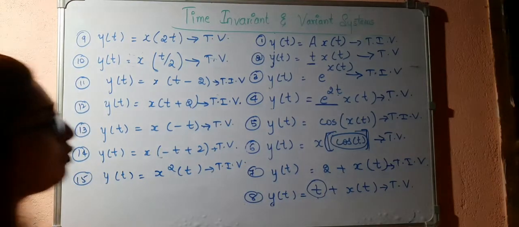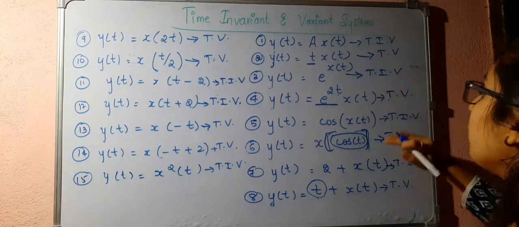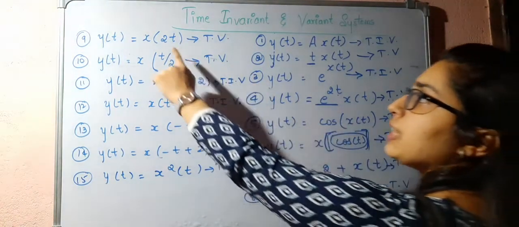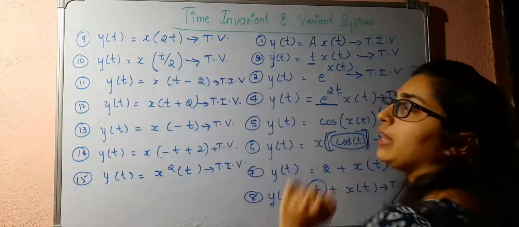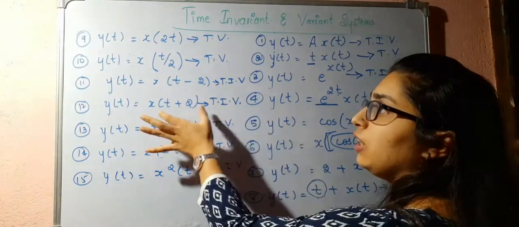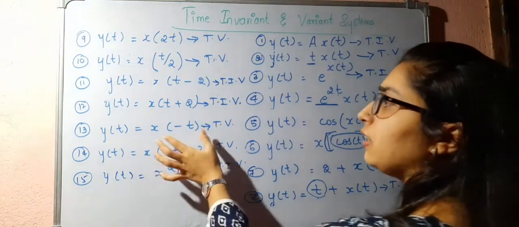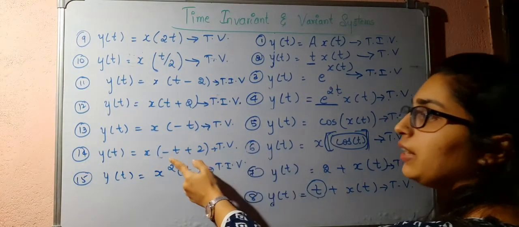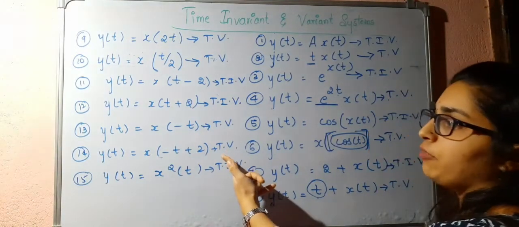So if I am performing any function, say cos of x of t or e to the power of x of t, these all are time invariant systems. Okay, so if I am performing an operation on the time variable, so you can see the scaling operation which is performed here. Okay, so 2t, t by 2, that became time variant. But shifting, it doesn't affect. Okay, if you shift the signal without any reversal or scaling, then it will be time invariant. And you can see here the time reversal, so that is a time variant system. But here I have shifted the signal, but there is also a reversal operation which is performed here, so that is time variant.